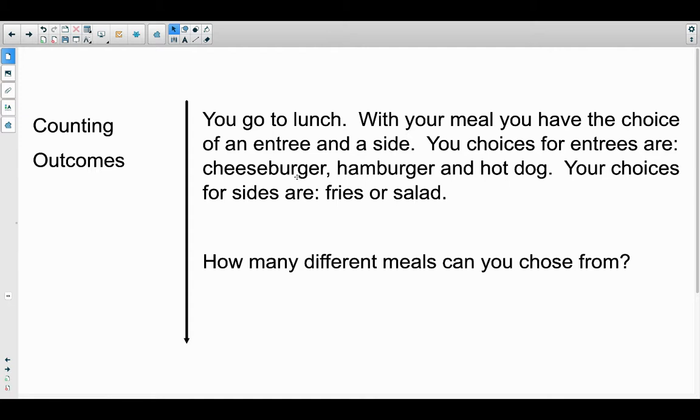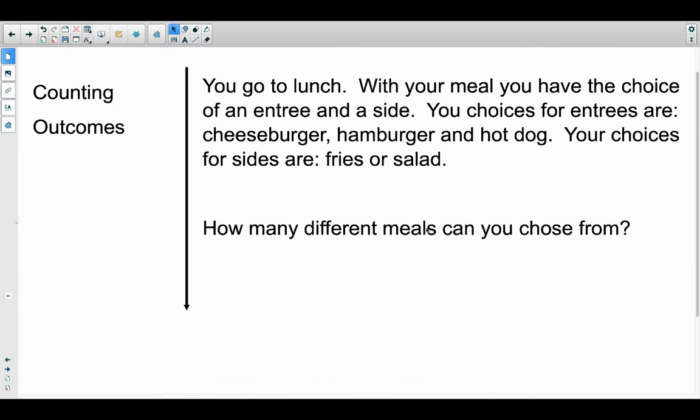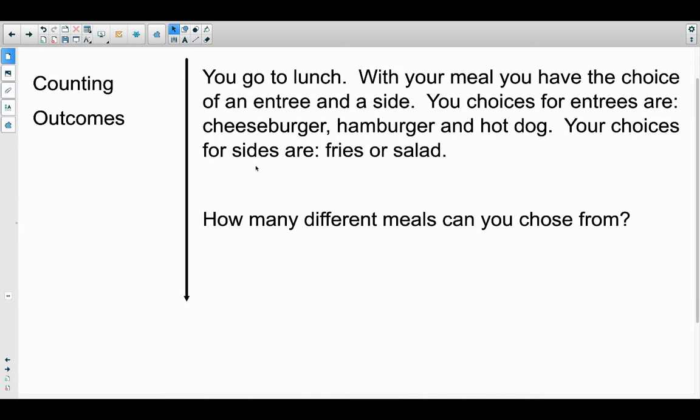Well, I could have a cheeseburger and fries. I could have a cheeseburger and a salad. I could have a hamburger and fries. I could have a hamburger and a salad. I could have a hot dog and fries. I could have a hot dog and salad. I could make a diagram that shows all of these choices,